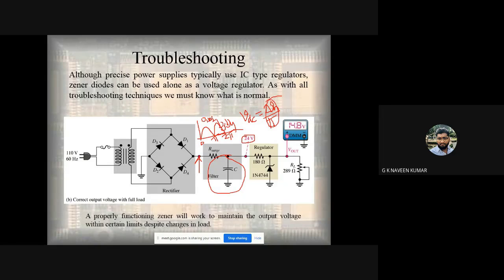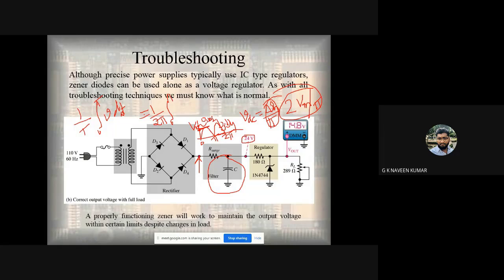You will get around 2 Vm by pi as the DC value, where Vm is the maximum voltage, this one. This is your Vm. As we have already discussed, the average value can be found by the integral of v dt over the period, with 1 by 2 pi, since the whole time period is 2 pi.